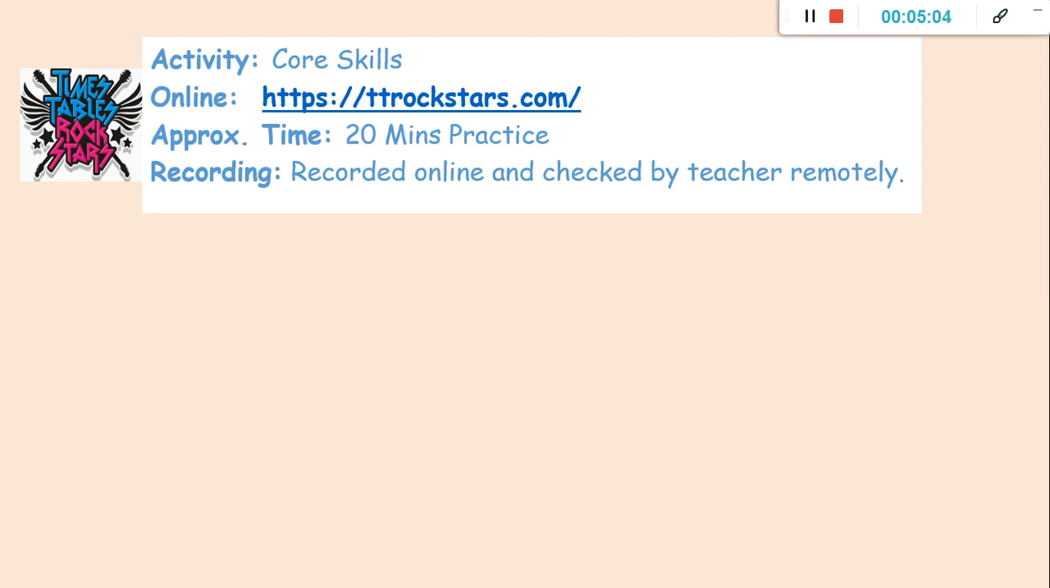So remember, you can go on your TT Rockstars, and I'm loving seeing all the people getting involved in the battle, so well done to all of you. Remember, if you can't get onto TT Rockstars, there's lots of other websites. Hit the Button is another good one. Don't forget to email us at year2@redbrookhays.staffs.school.uk if you need to be moved on to the next